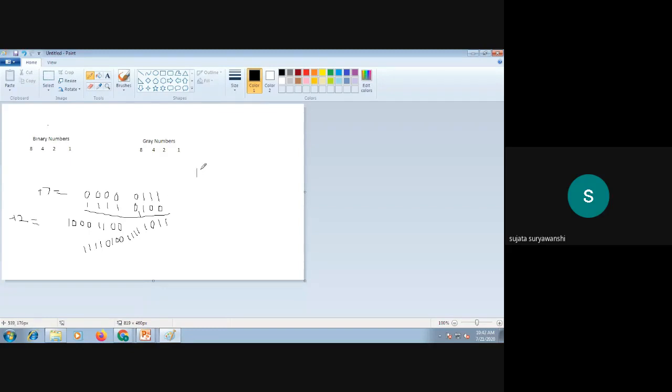How can you represent 12 here? 12 can be represented with the sign bit 1 as the negative number, and the remaining should be 0, and 8 plus 4, 12, and the remaining bits are 0. Then for the 2's complement, 0, 0, then 1 as it is, and then 0, 1, 1, 1, 1. After that, 7 can be represented by 0, 0, 0, 0, and then 0, 1, 1, 1. This is your minus 12 and plus 7.